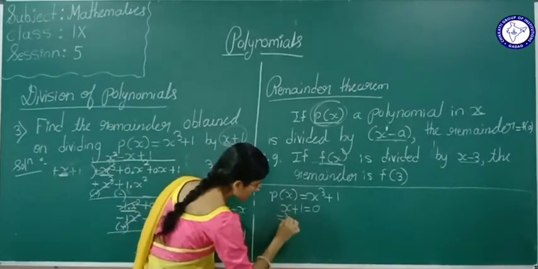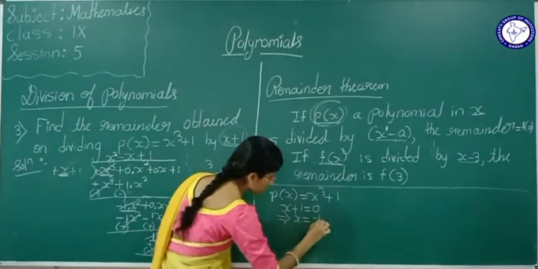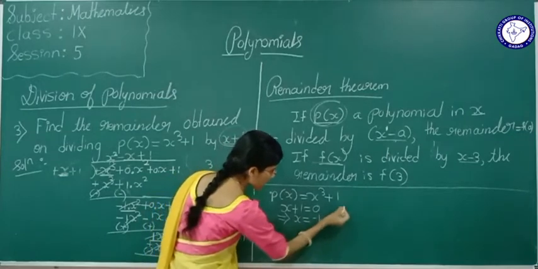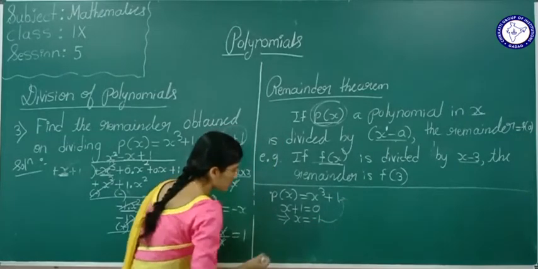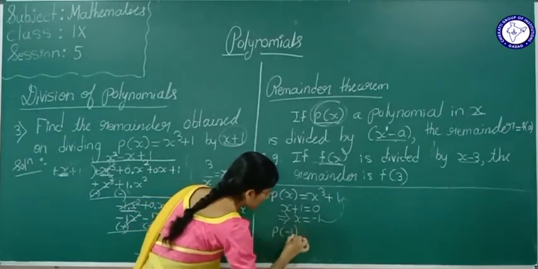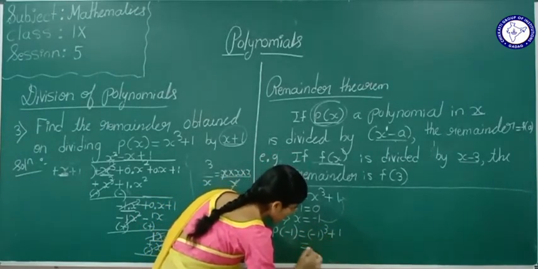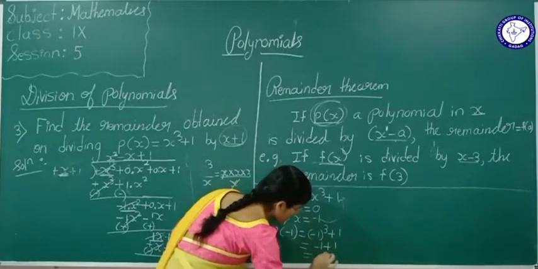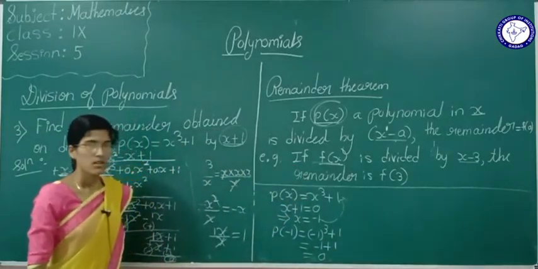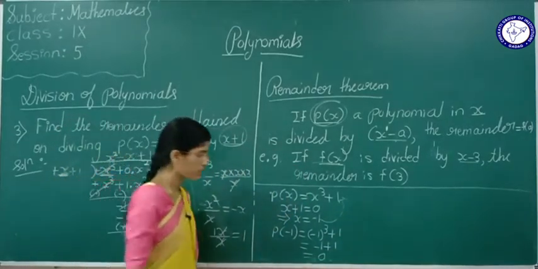So what do we get? x is equal to minus 1. So substitute this minus 1 in this polynomial. That is p of minus 1 is equal to minus 1, the whole cube, plus 1. It will be minus 1 plus 1, which is nothing but